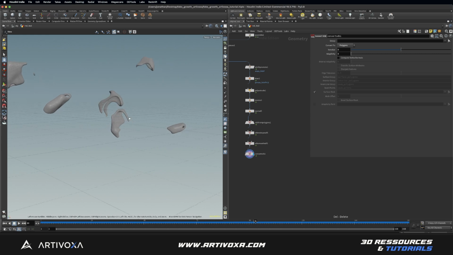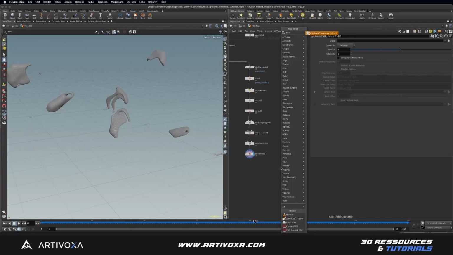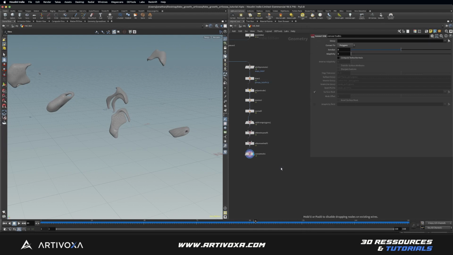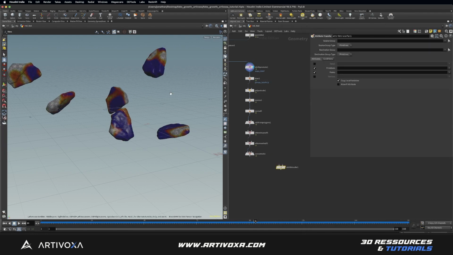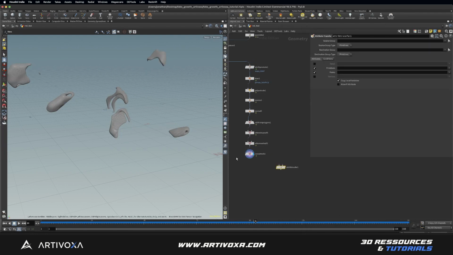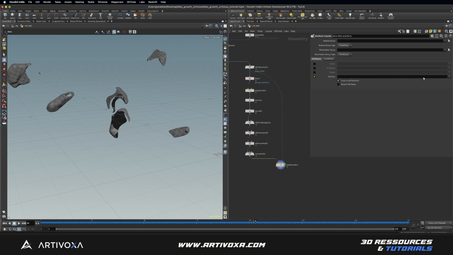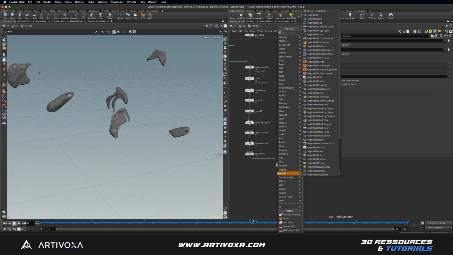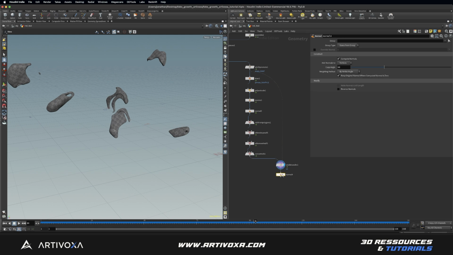Now you can make a file cache here, but if you want to use your UVs, you can also use the attribute transfer node. And you can transfer your UVs from here to the VDB here. So let's put that one into the first input. Let's put that one into the second input. And here you can transfer your UVs attribute, which is a vertices attribute. And here you can simply add normal node here. And you can add a file cache